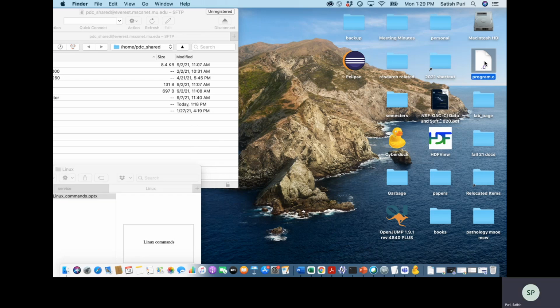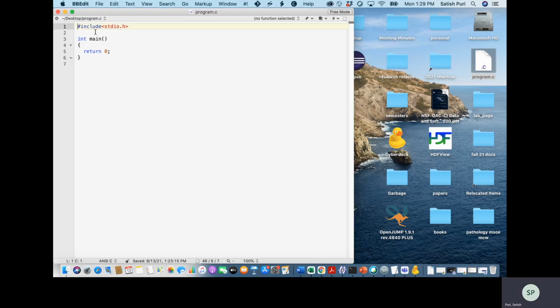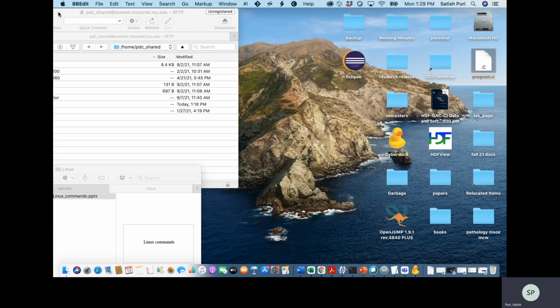Yes, so the file program.c got copied to my desktop, right? Now I can upload it into D2L or email it or do whatever I want. It's on my local machine. So that is about